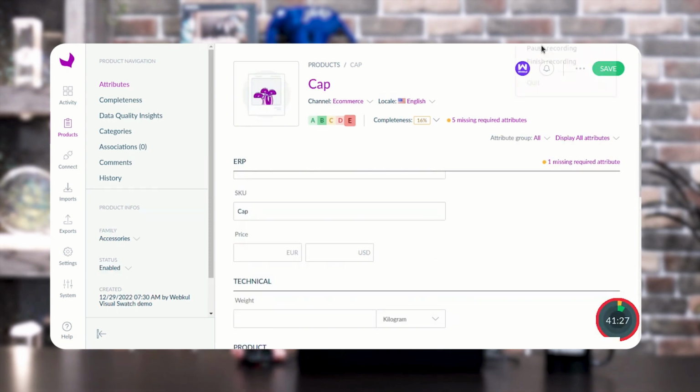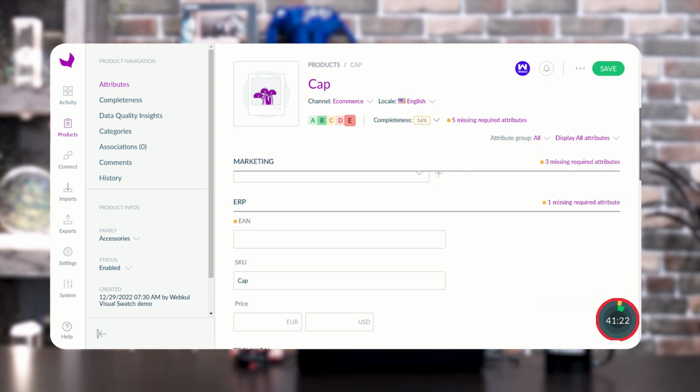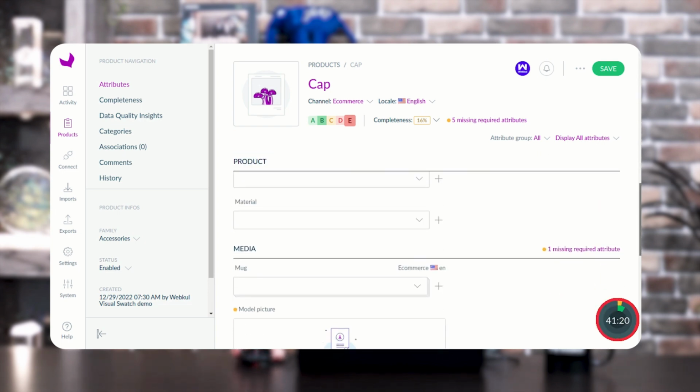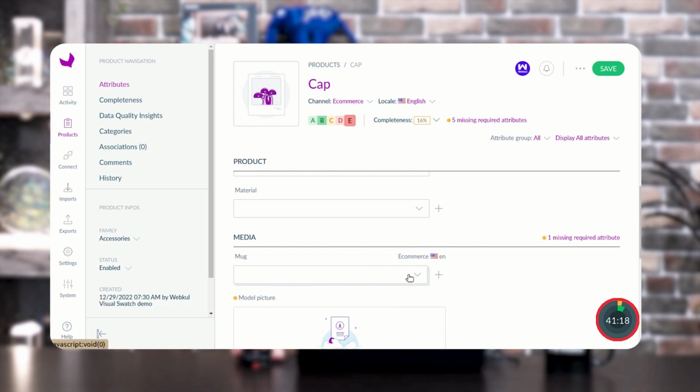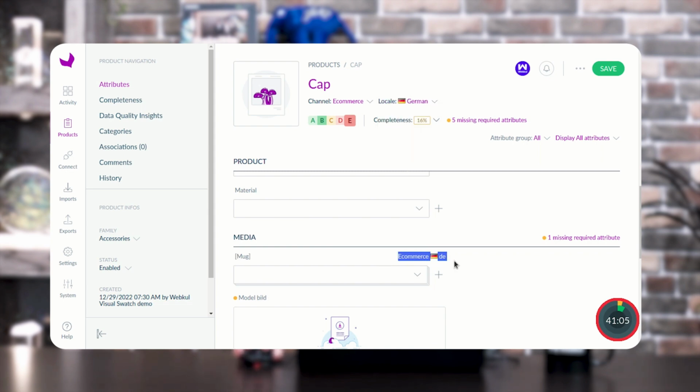As you can see inside the product option, you will get these options, multiple variants with the visual switches here, and from here if you want to change the locale, then you are able to do the same from here. As you can see here, the option of channel and locale as well.